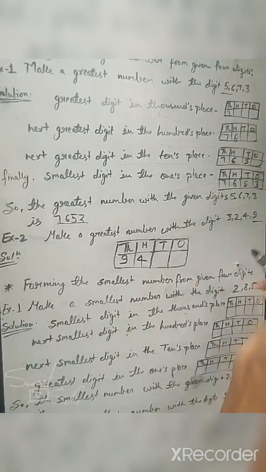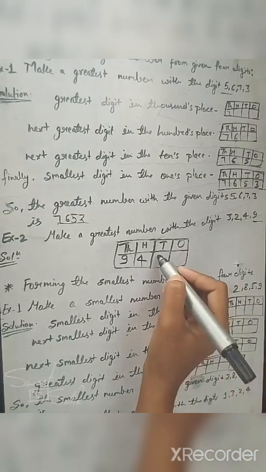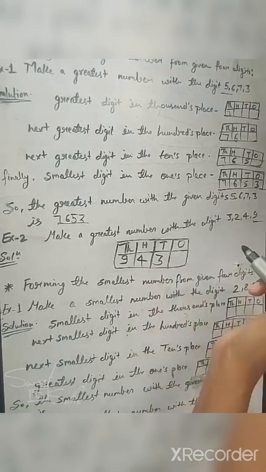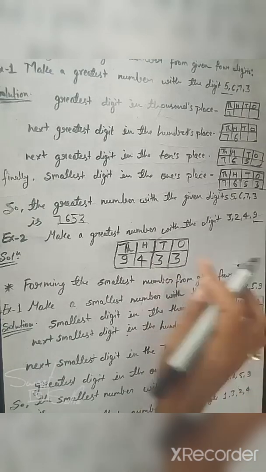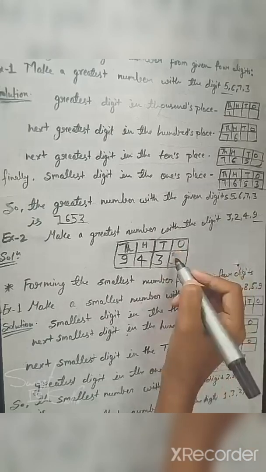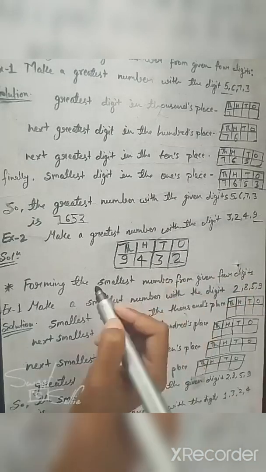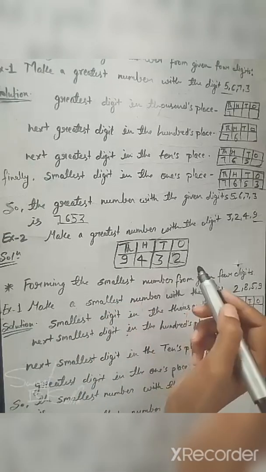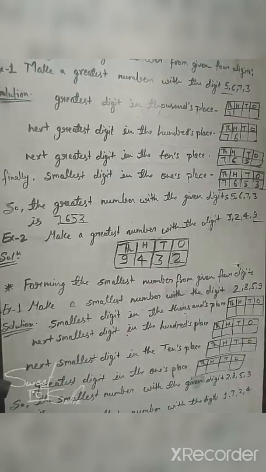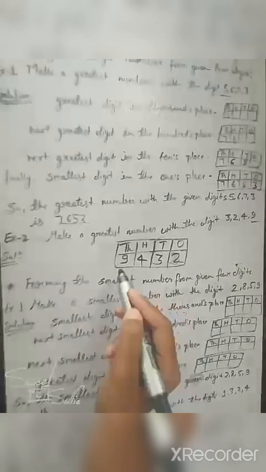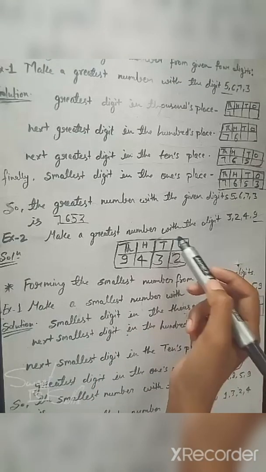And again next greatest digit after 4. So this is 3. And finally the smallest digit is 2. So we can see here this is the 4-digit number that we get, 9432. So 9432 is the greatest number using the digits